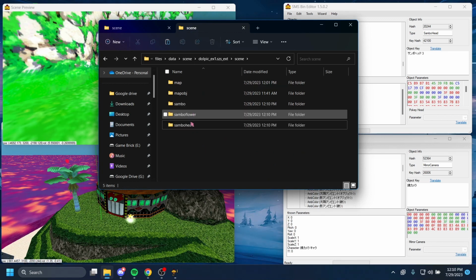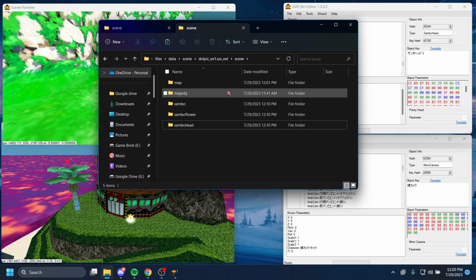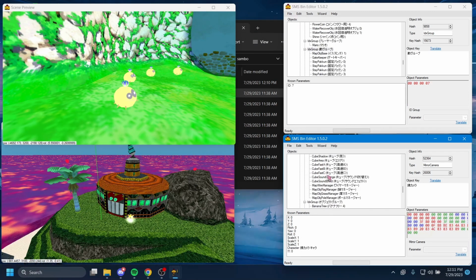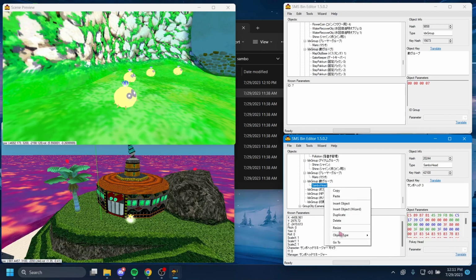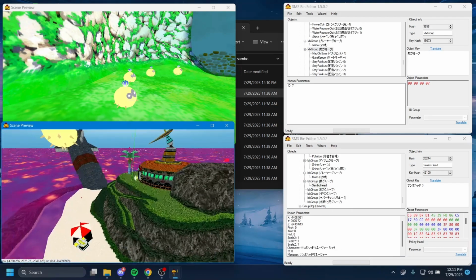Now note that the Sambo data isn't in the objects folder, because this isn't an object, this is an enemy. The enemy data tends to be stored within the scene folder, right next to the map folder and the map object folder. So I'm going to go down here, find ID group 7, and hit paste. Bam. Okay, so I got the enemy inside of the level,